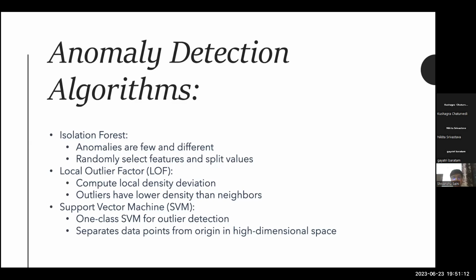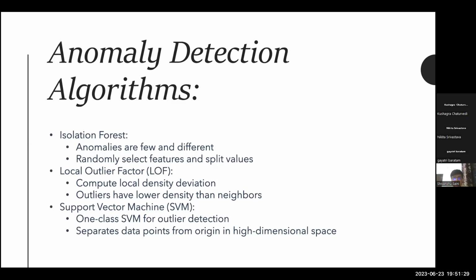Now, anomaly detection algorithms. To detect anomalies in our dataset, we employ various anomaly detection algorithms during the analysis. These algorithms include isolation forest, local outlier factor, and support vector machine. Each algorithm has its strengths and limitations, and evaluating their performance helps us determine which is the most suitable approach